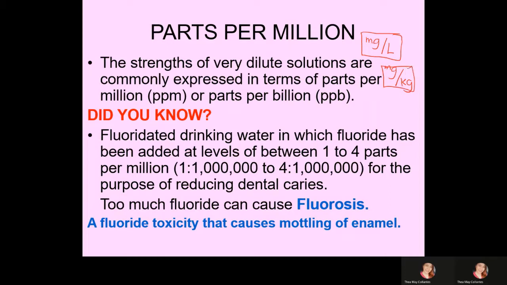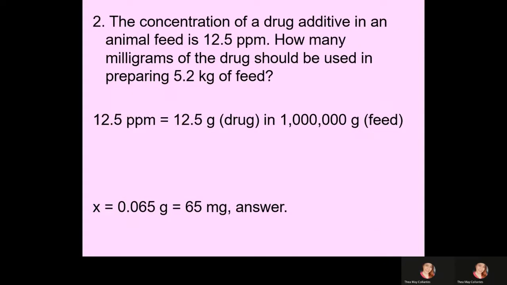What you should do is just convert everything into milligram per liter and milligram per kilogram, divide them together, then you're finished. So, for example, with this kind of problem, with your parts per million, we could actually